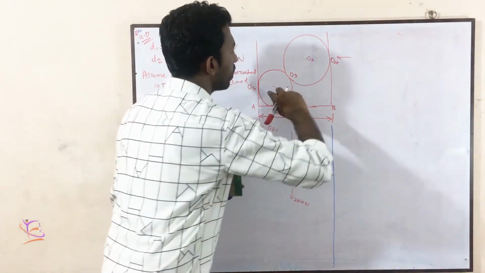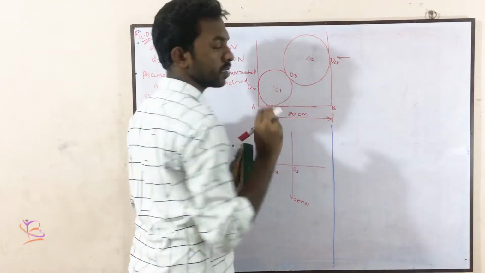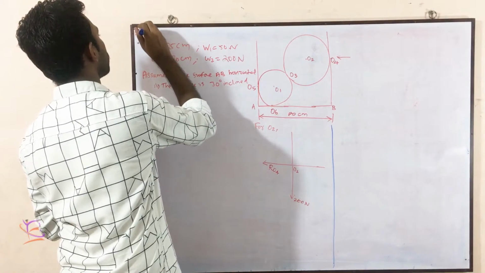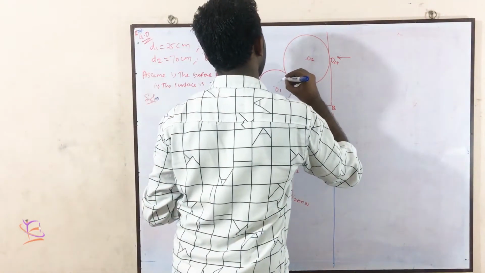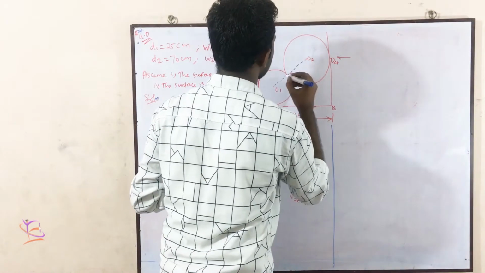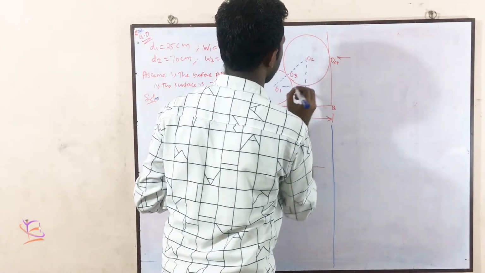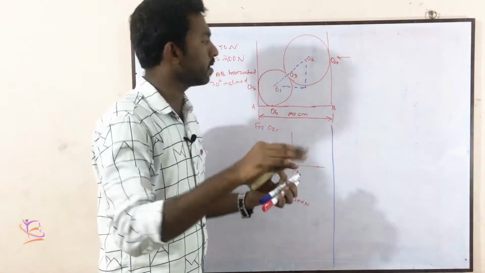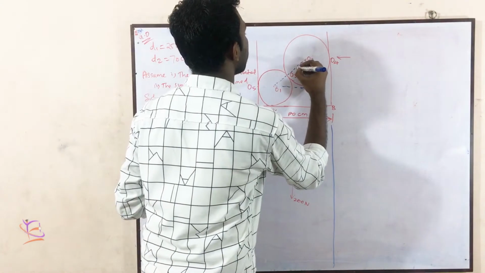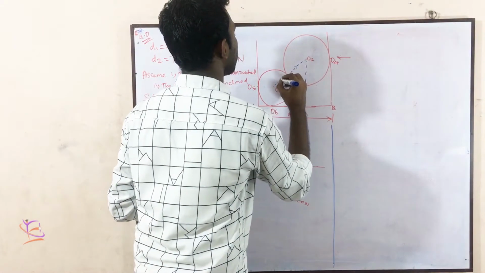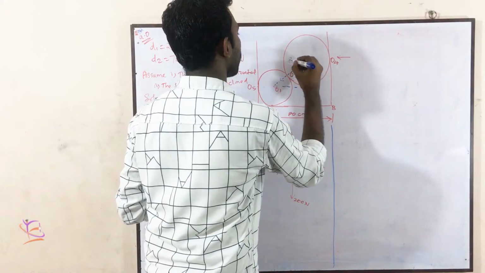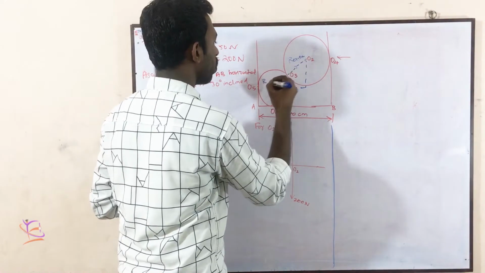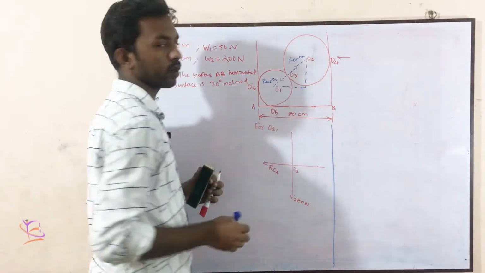So it will be the inclined one. The center to the center. Then you got to note it. The center to the center. From this O1 to the O2. So I am drawing dotted lines. I am connecting this, making a right angle triangle here for calculating the angle because we don't know the angle. While considering this cylinder, this will be from here to here. While considering this one from there to here. So RO1 to O2 here. RO2 to O1. Okay, clear?